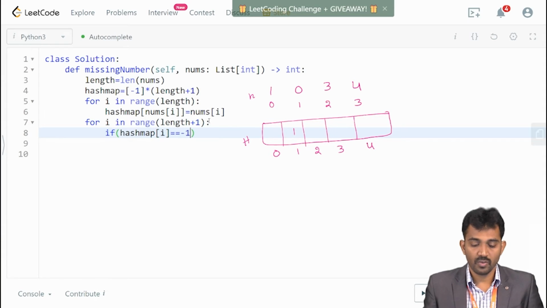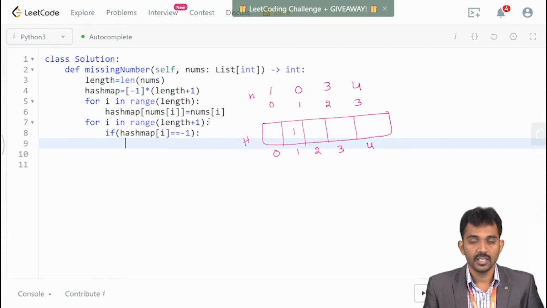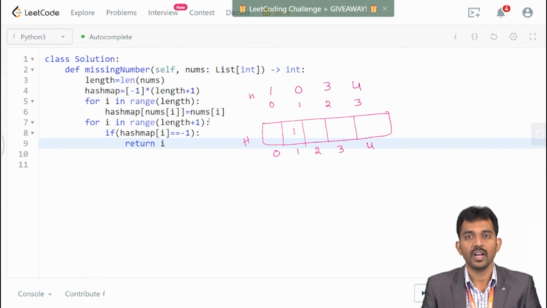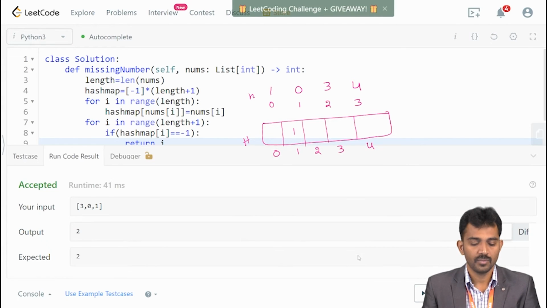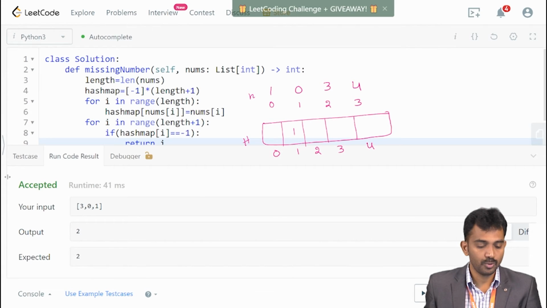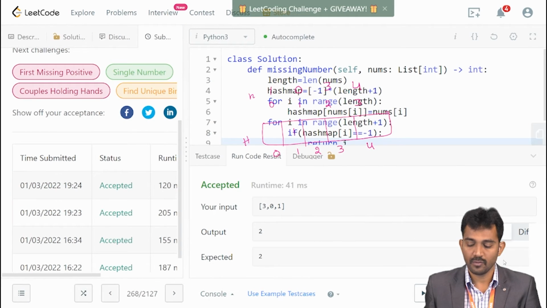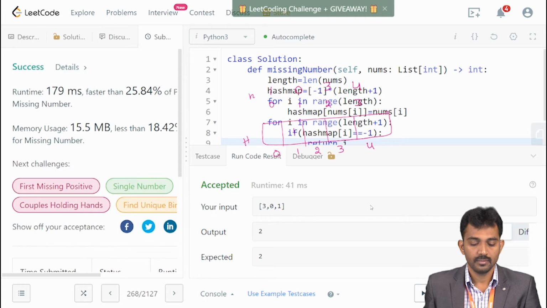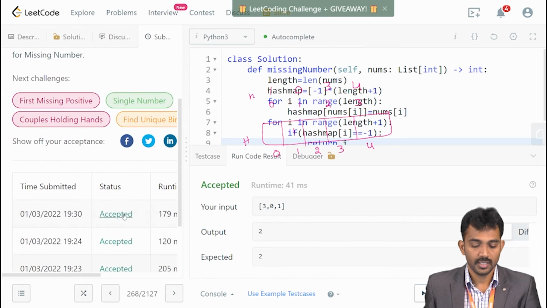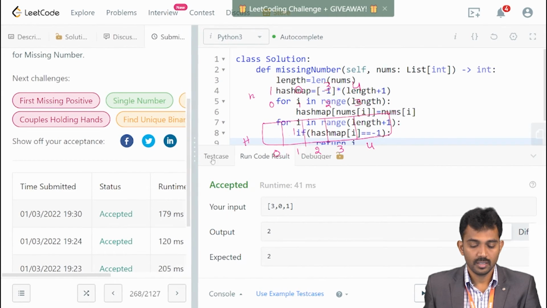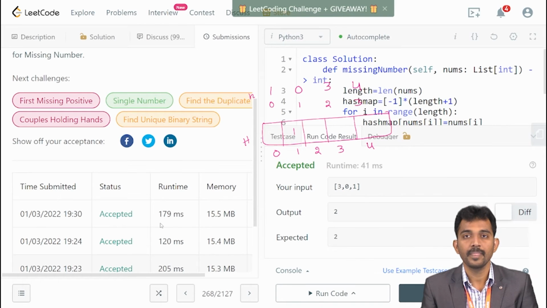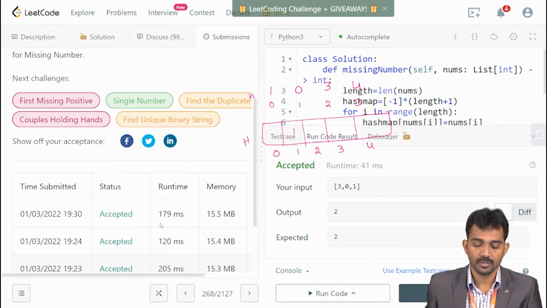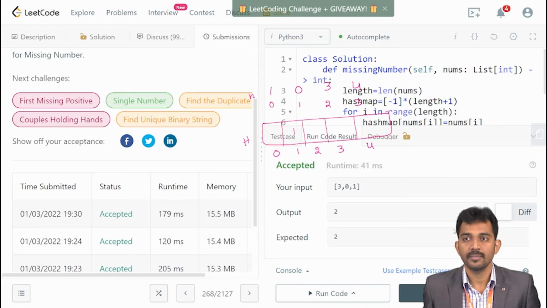Whenever your hash map value is minus 1, then you should return that i value. That's all. Got it? And we'll see the output of this statement after submission. Got it? If you use a hash map, then you get this answer.